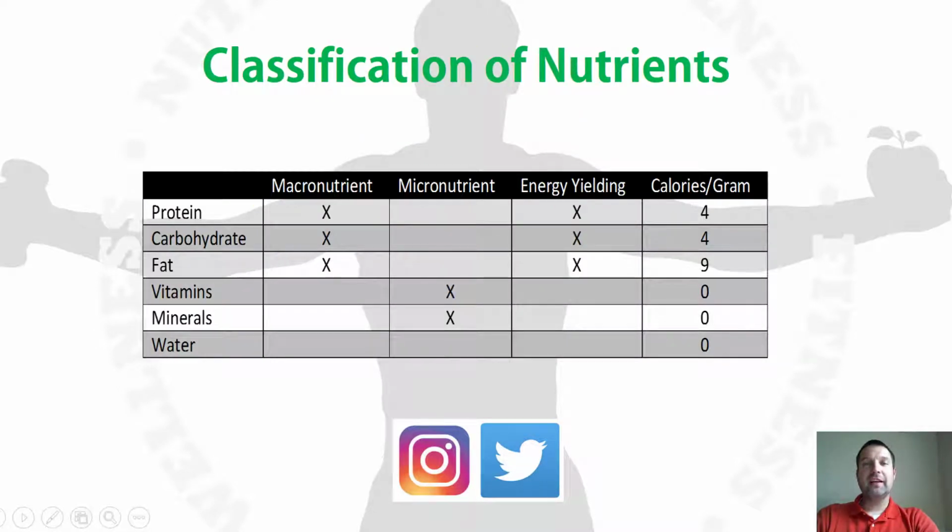There are several ways that we can classify these nutrients. You can see from the chart, protein, carbohydrates, and fat are all considered macronutrients. They are considered macronutrients because we need them in large amounts in our diet. We need them in large amounts compared to the 2 micronutrients, vitamins and minerals. And you can see that vitamins and minerals are considered the micronutrients, again because we need those in small amounts in our body. So we have the 3 macronutrients, protein, carbohydrates, and fat, and then we have the 2 micronutrients,